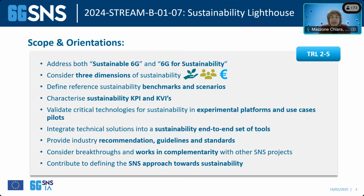It also aims to integrate technical solutions which exist from previous projects, previous breakthroughs, but also which are being developed throughout the project, into a sustainability end-to-end set of tools, which would mean a kind of holistic approach where we can take those technologies and see how they work together. It will also aim at providing recommendations, guidelines and standards, and of course, work in complementarity with other SNS JU projects, as said before. It should help build the SNS approach, but equally contribute to the European vision